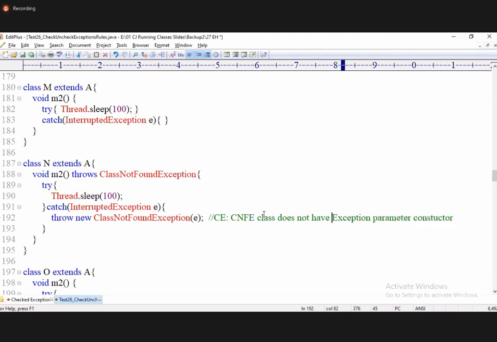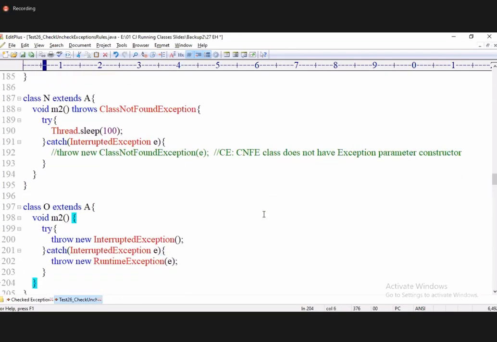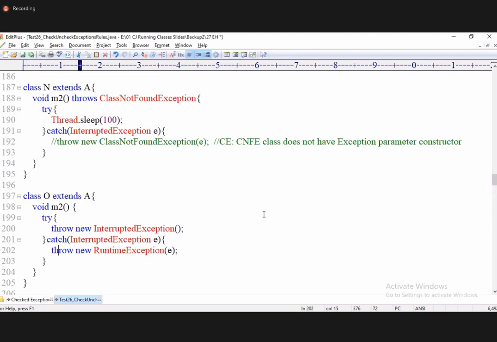That means this class doesn't want to support exception chain. It is telling that either throw me or throw my subclass, not siblings by wrapping. Right, in that point. Then what is the solution? You have to throw the RuntimeException class. Solution, we must use